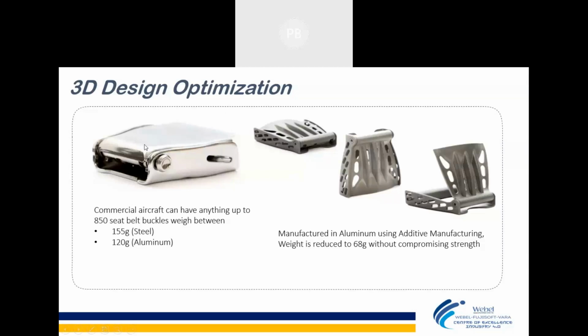If they develop the same part with aluminium, the weight comes down to 120 gram. This is a standard process of development, right? With the standard process, they were developing this at a certain weight. But now with design optimization, which is a lattice structure development, this kind of hole, this kind of structure is a lattice structure development, which is a generative design part.